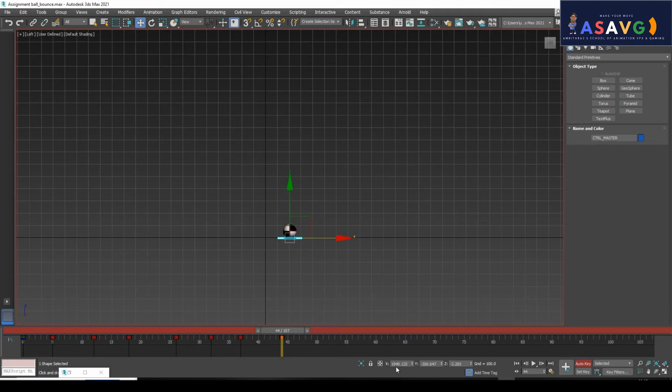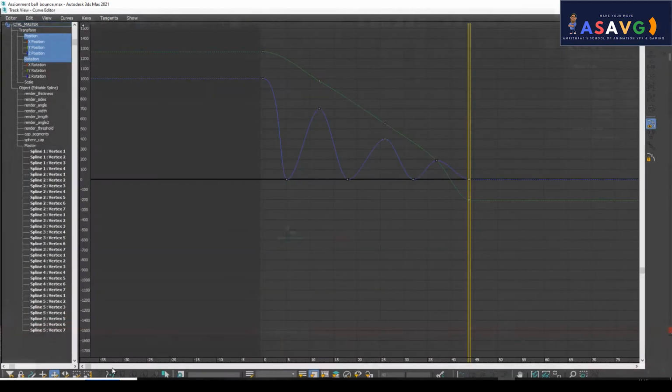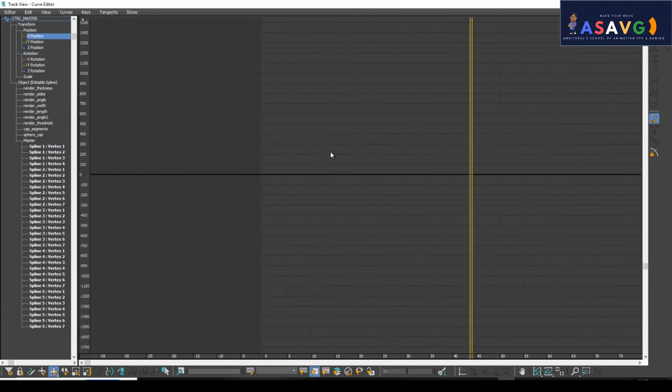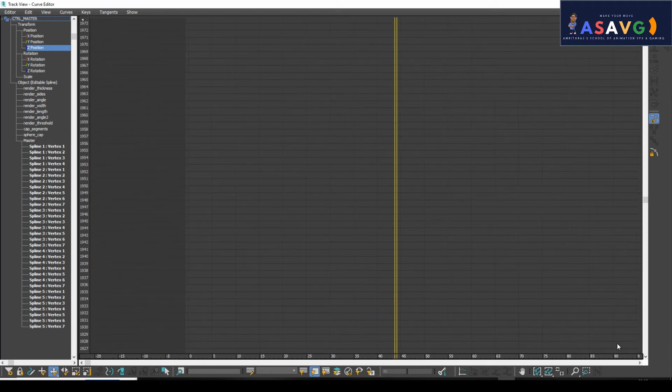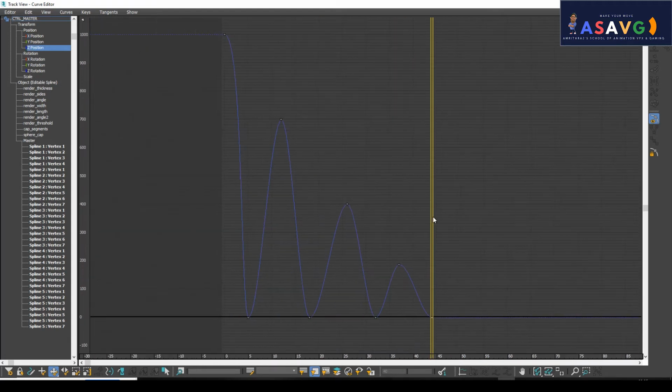Look at the axis over here. You can see the axis, right? This is on the x-axis, only the x-axis. So I will be going to the graph editor and check the x-axis. Translation x, nothing is there. Y, we'll cross check the Y. The Y is this one. So this is coming right. Look, it's coming up, then down, then down. And we'll be cross checking the Y axis.